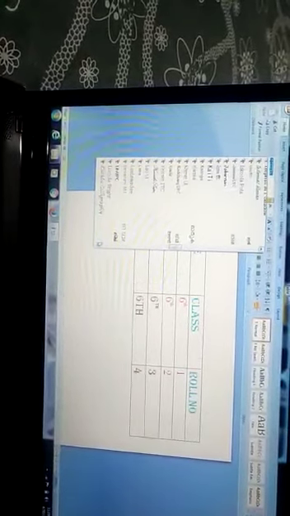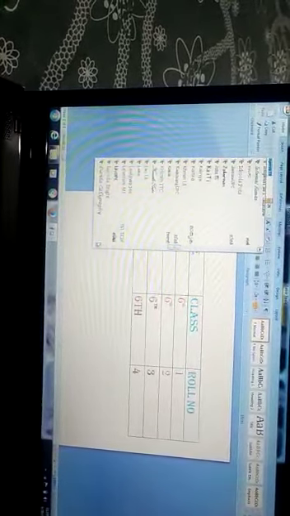Now go to the font option in the home tab. Click on it. Here a number of styles are given. You can select according to your own choice. Like this, I am going to select this. And now I am going to change the size.